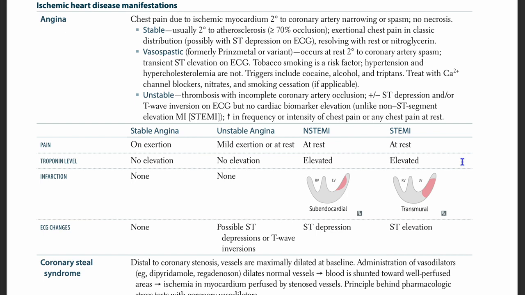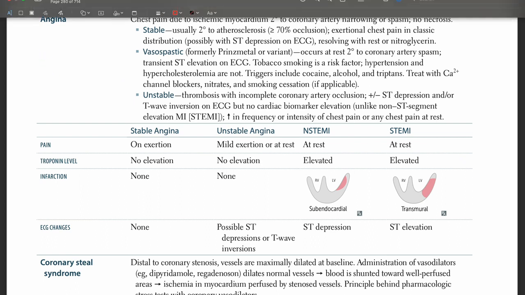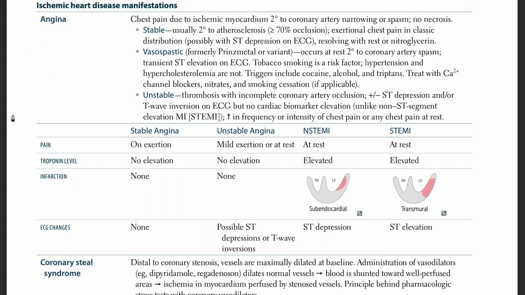Chest pain due to ischemic myocardium secondary to coronary artery narrowing or spasm. Okay, so I'll try it here. You have a heart, and you have an artery supplying this area. Okay, and this is the main artery. And let me draw the 1, 2. Okay, so